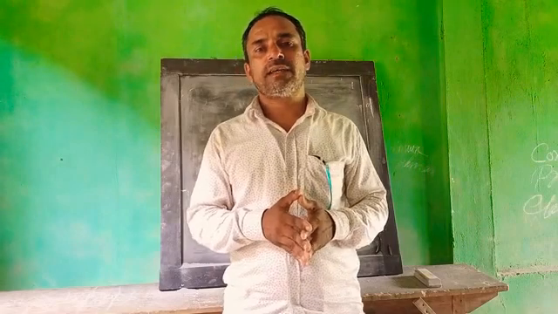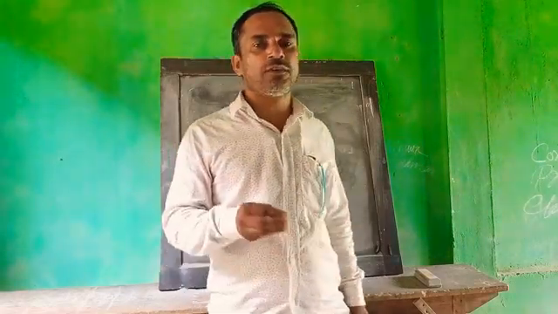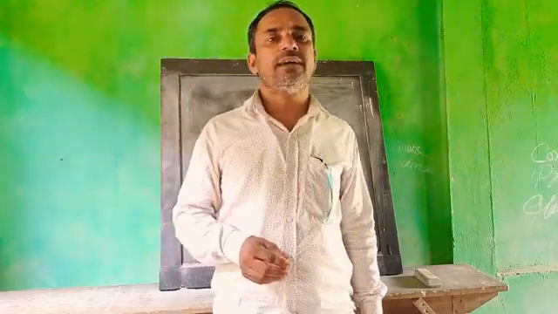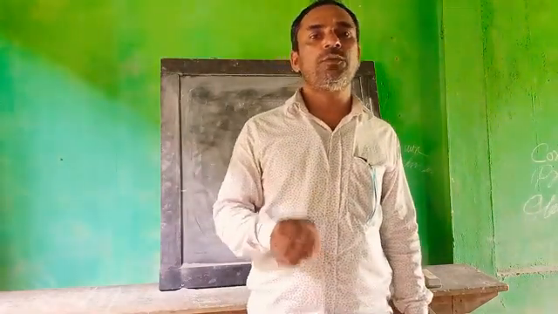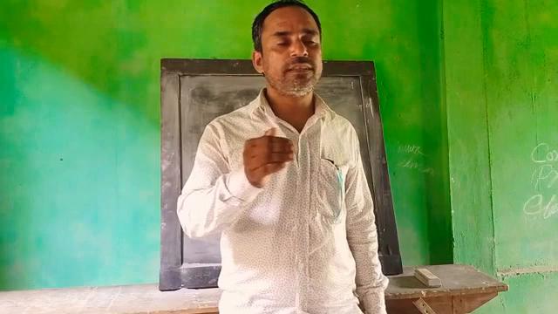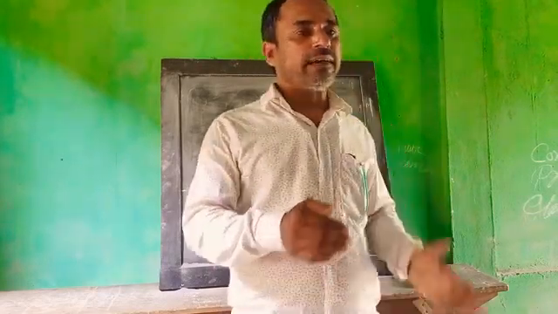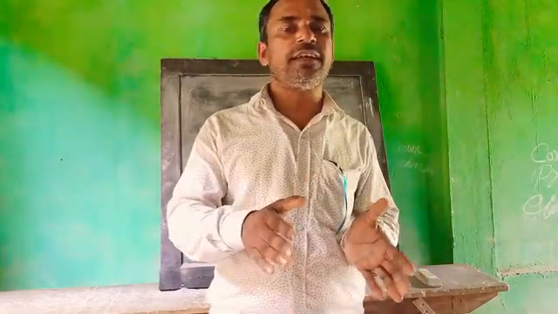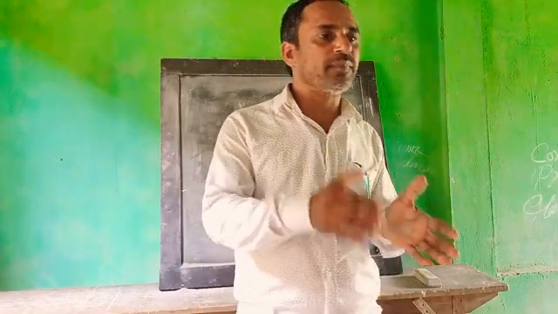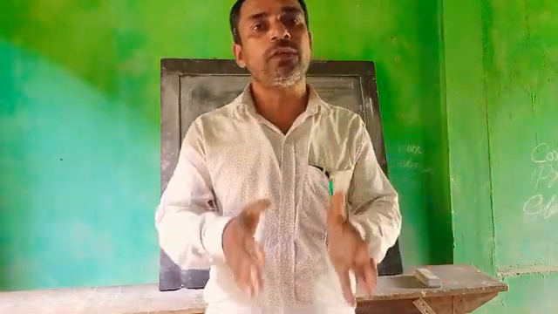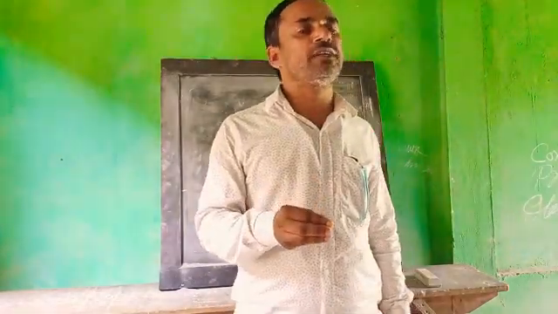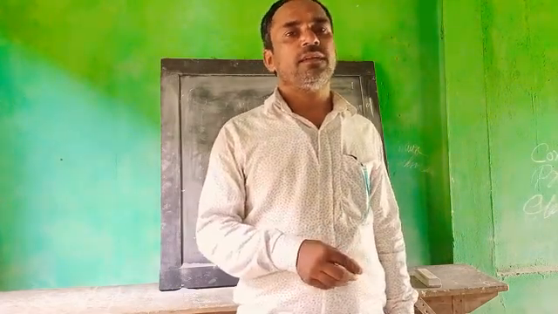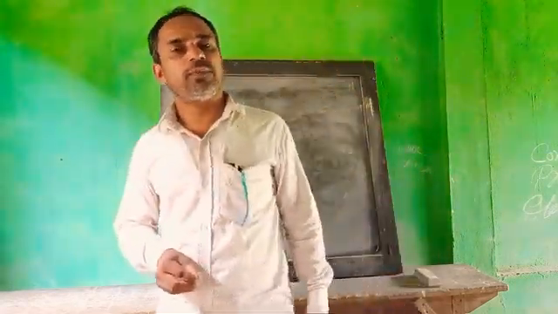Before starting each and every word of the constitution, one sentence is mentioned: we the people of India. The makers of the Indian constitution have used these valuable words, we the people of India, and with the help of these words they have clearly mentioned the constitution is for the Indian people, it is made by the Indian people, it will be for the welfare of the Indian people. And the higher authority, the actual authority of the Indian constitution is the Indian people. That's why it is mentioned here, we the people of India.